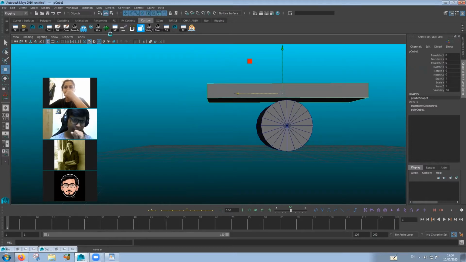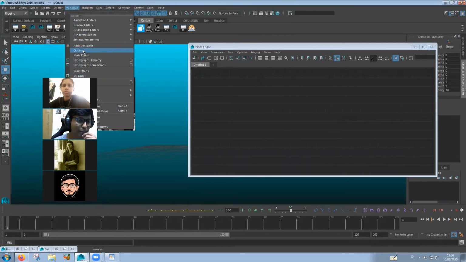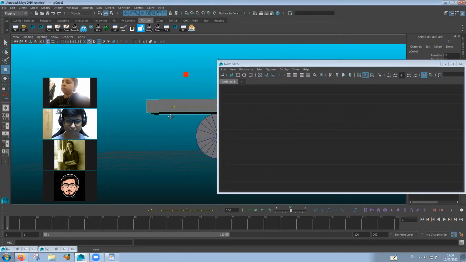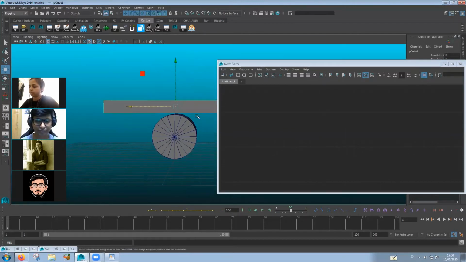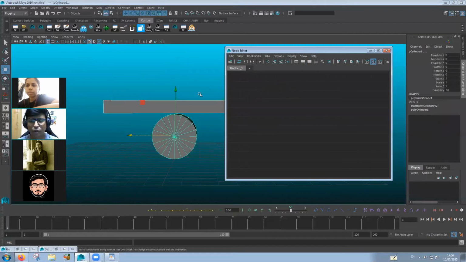All right. If you don't know where node editor usually is, you can go to Windows and you will have your node editor right below the outliner. You click on it, that is node editor. So when you open up node editor, this is usually blank over here. So what you do is, whatever object you need to show inside, you select it and you click this plus sign that is given over here.